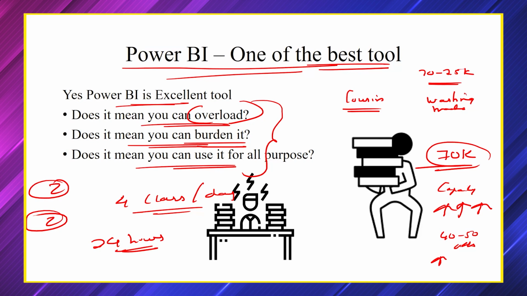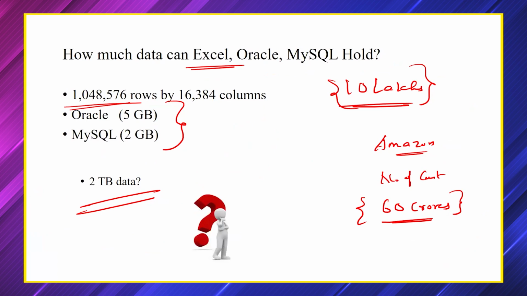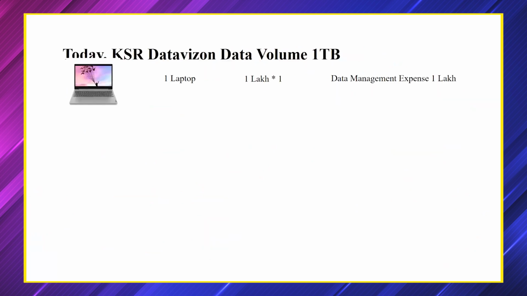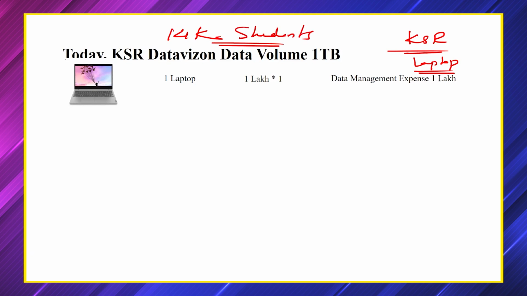Now, in order to avoid this, we have to find another way to come up with a solution. Let's see what the solution is. Today, my entire KSR data I am managing on my laptop. We have trained about 14,000 students till now. For all these 14,000 students, I have where they got placed, which company they are working in, how much salary they are getting, how they reached us, and all their personal information like email ID, password, credentials, everything. And where do I have it? On my laptop.